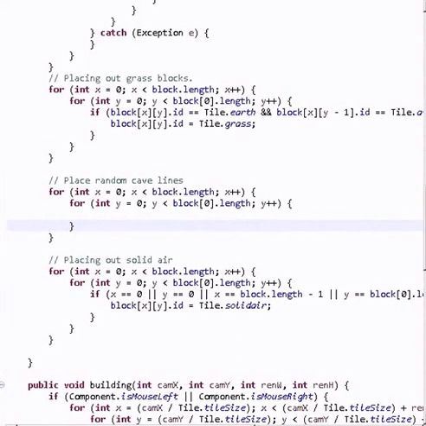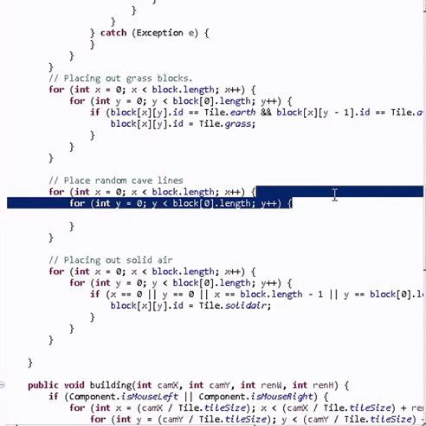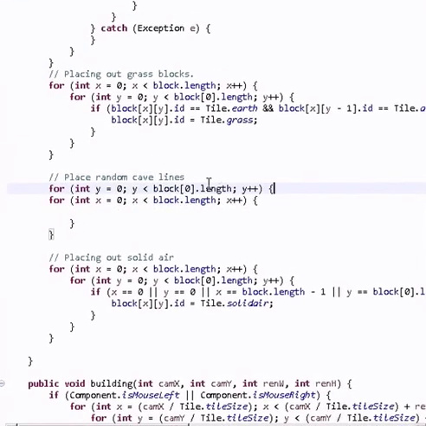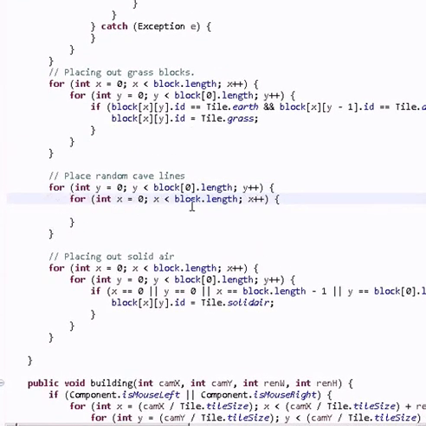But actually, how we want it, we'll put the y before the x, so that it loops through the x with each y coordinate, because that's what makes it random. And we'll say for y is equal to cave depth, y is less than block[0].length minus cave height, y plus plus, and the x will be that. And now inside here we say if